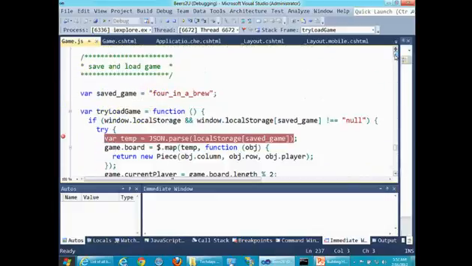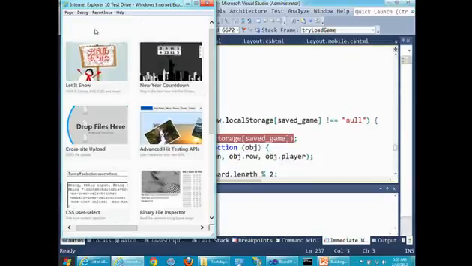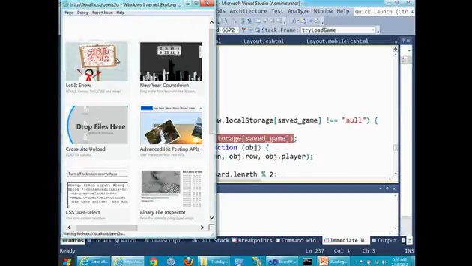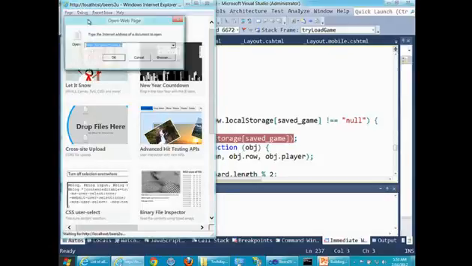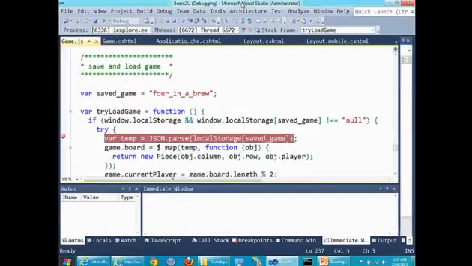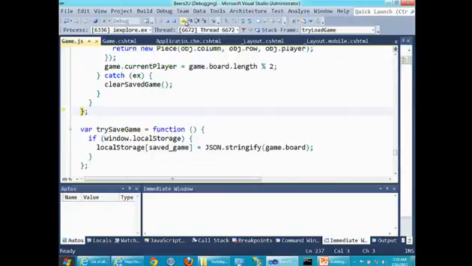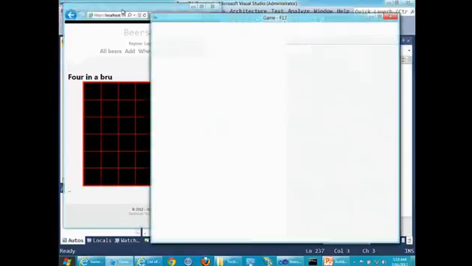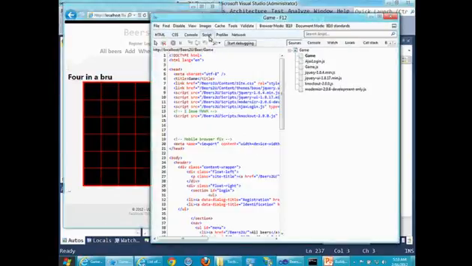What just happened? I'm using Internet Explorer 10 first preview. What I should do is use the second preview. The second preview actually has support for local storage. So the idea is in IE10 you're going to get full support for that. Did it hit the breakpoint? Yeah, I'm sorry, I think I will have to use the built-in debugger for this one, which unfortunately has a tiny, tiny little